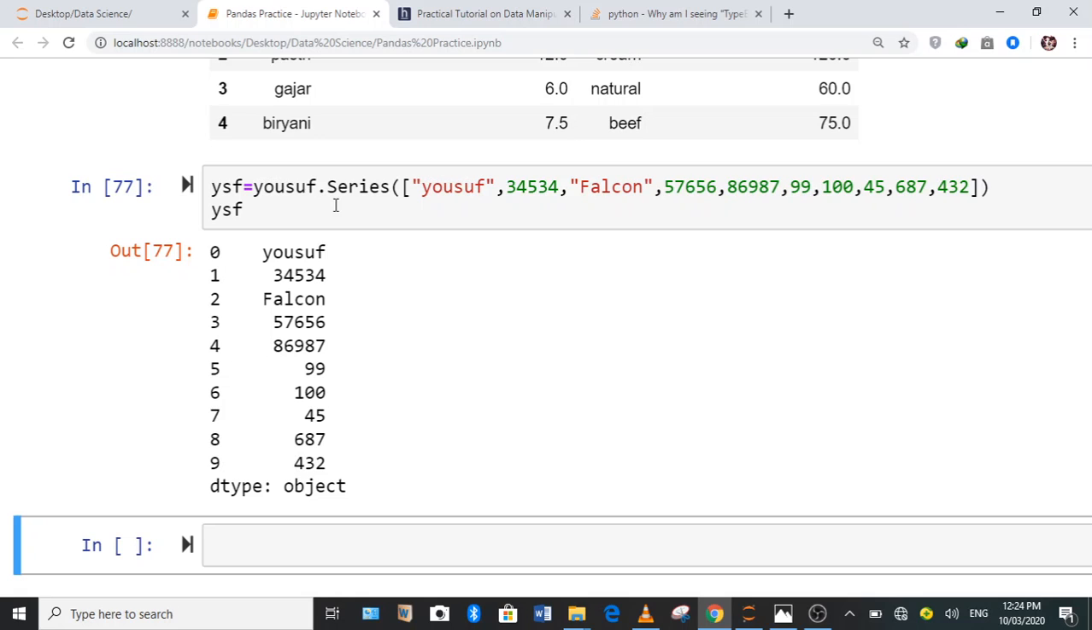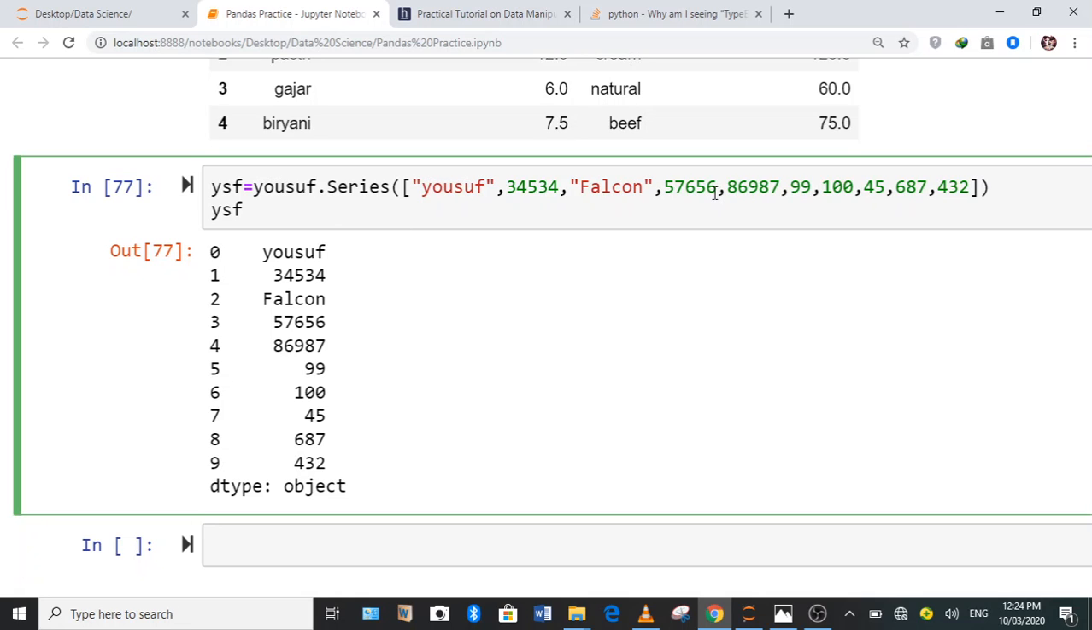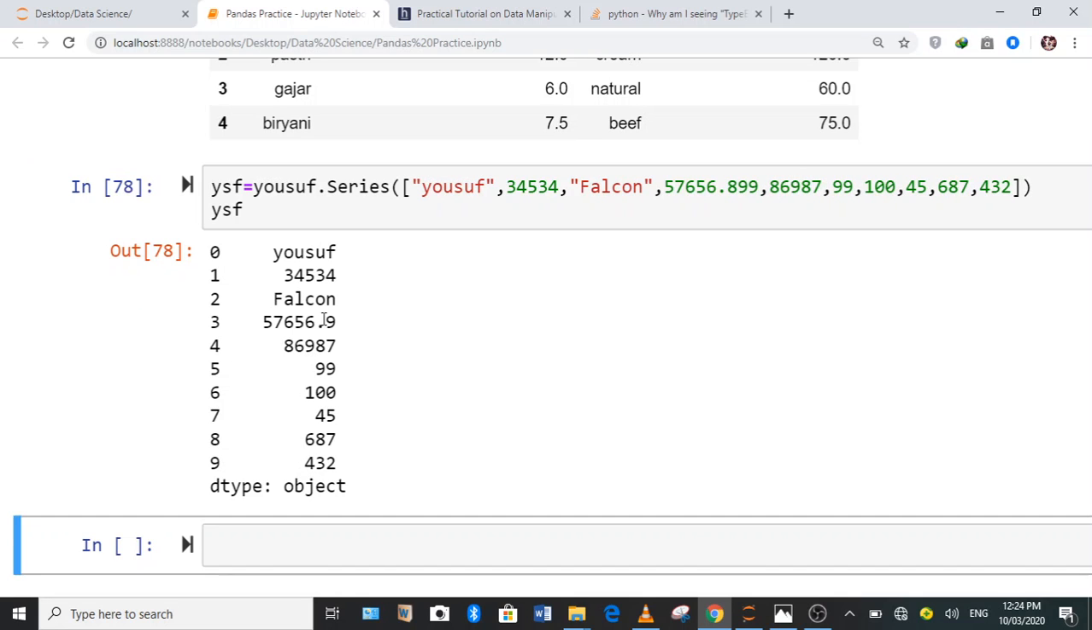Also, you can see that they can be anything. You can make them float. Here you can make them float or whatever. You can make them a string or integers. So in this series we have created so far,